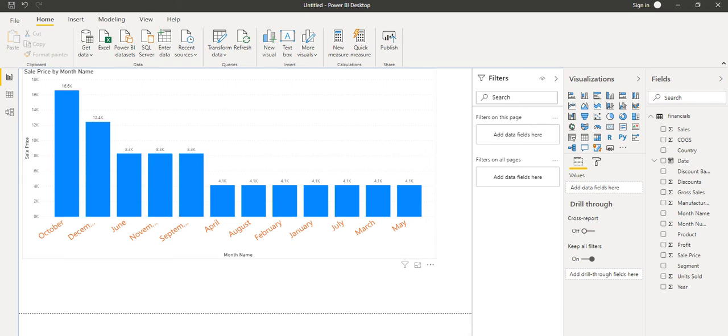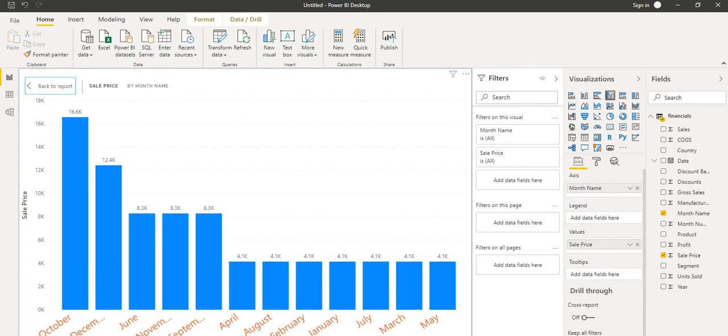If it is not showing properly, we can make it bigger from here, and now it is showing properly, how we want.